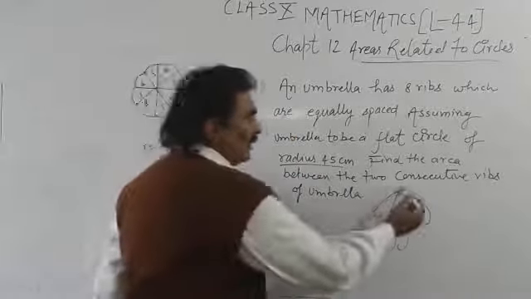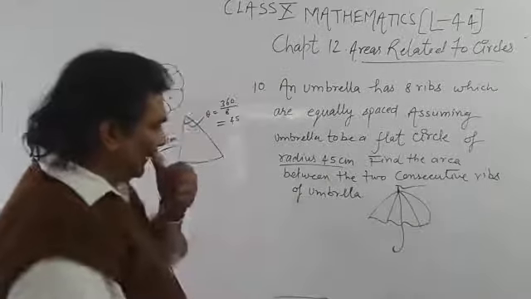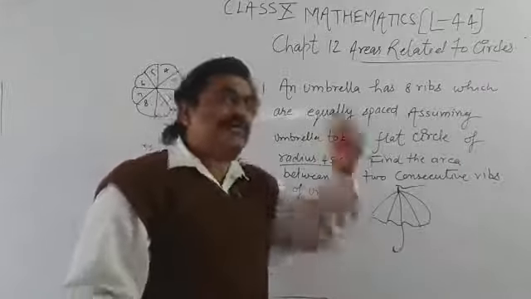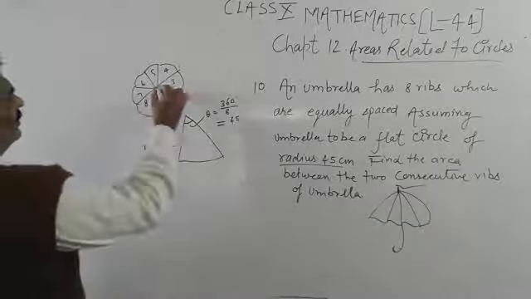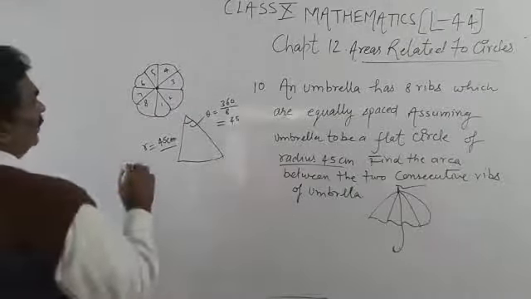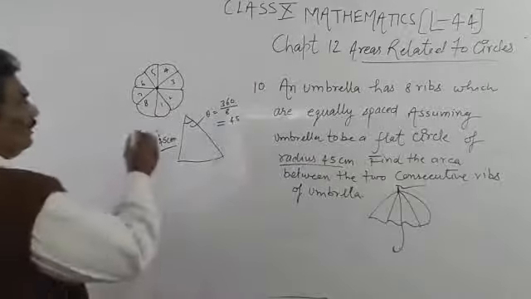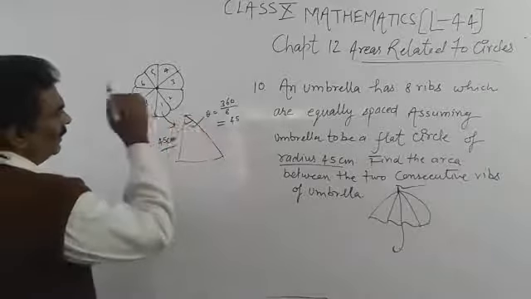So the diagram is like this. This is an umbrella, students, and there are 4 ribs in front and 4 other ribs at the back. So it is clear that there are 8 ribs, and it is said that the ribs are equally spaced. We have taken one rib here. The angle between one rib and the next,